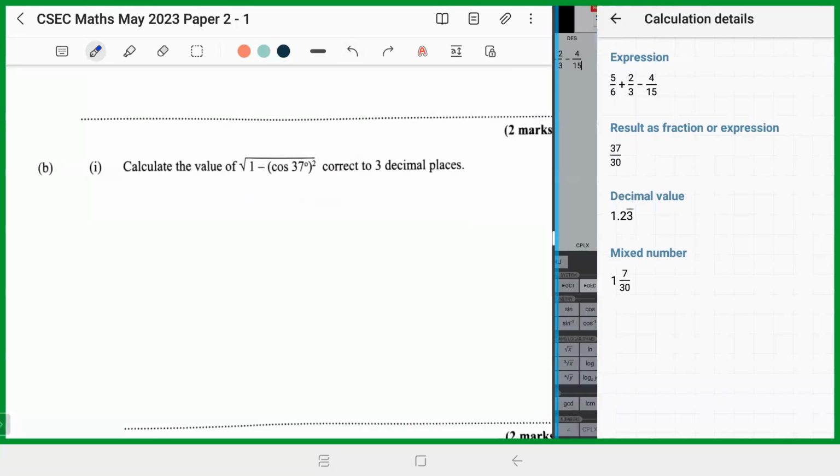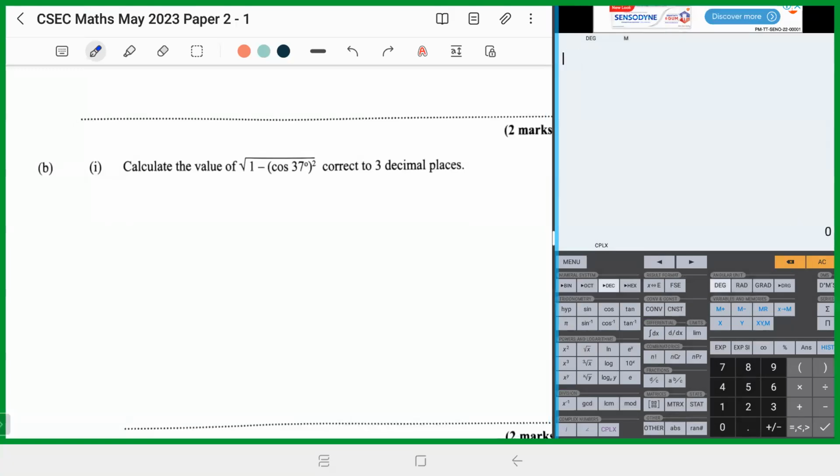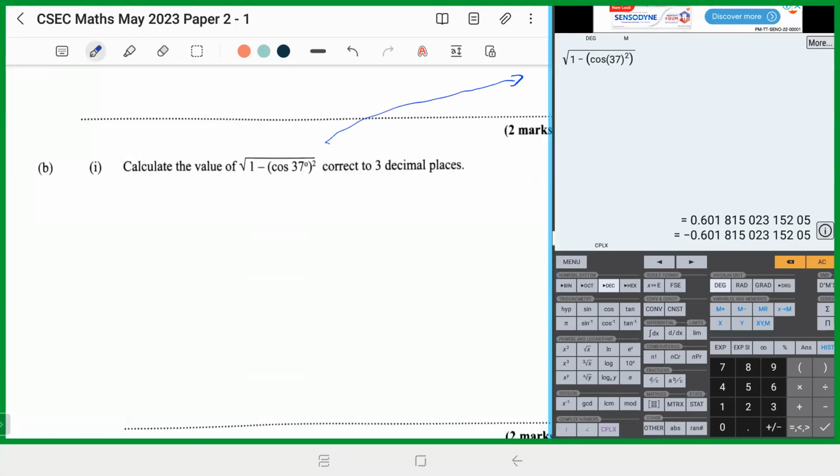Again, I'm going to put it in the calculator. Well, this one I'm definitely going to use the calculator. All right, so I'm going to put the square root of 1 minus, type it exactly as it is. It is a cosine of 37, close bracket, and then there's a square on it. So I'm going to square that. Basically, that's what we have. Same thing in the calculator I have here. I want to double check that. And the answer that the calculator is giving me is